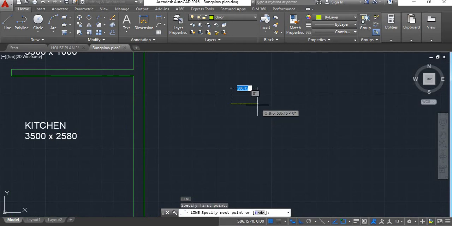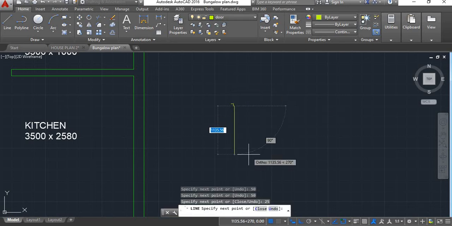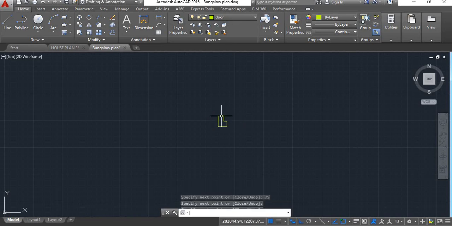We'll draw the frame first, the cross section of the door frame. For that we'll take the line command and we'll take measurements as 50, then 50, then this is 25, this is 50, this is 75, and we'll close this. So enter.